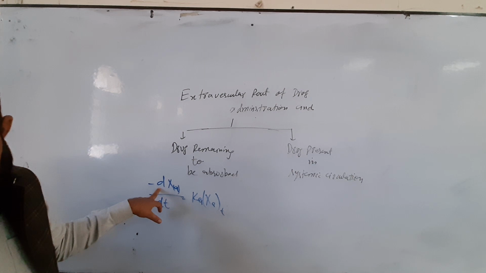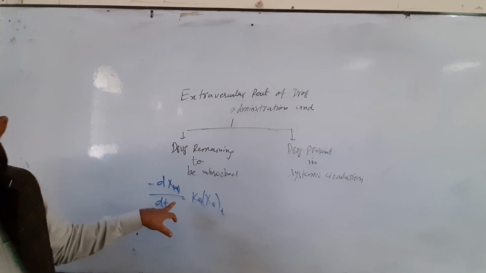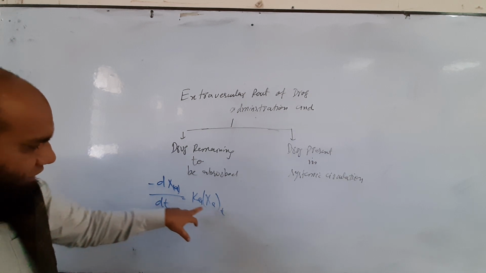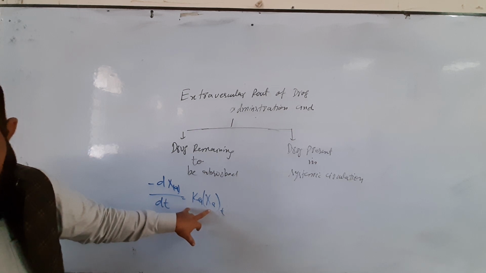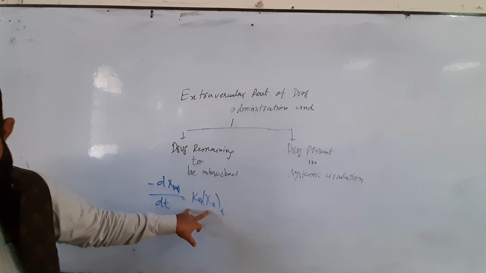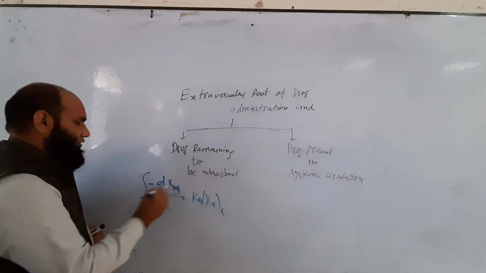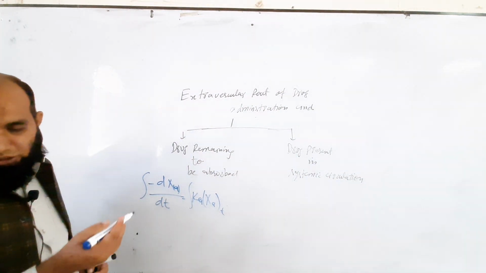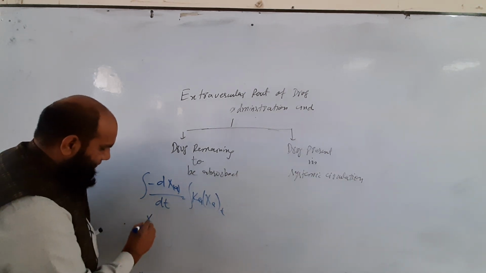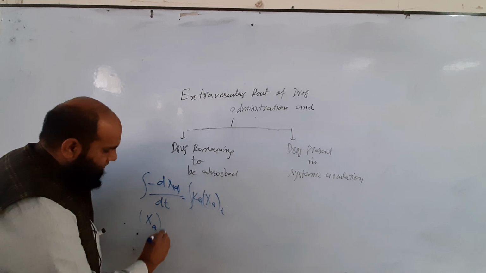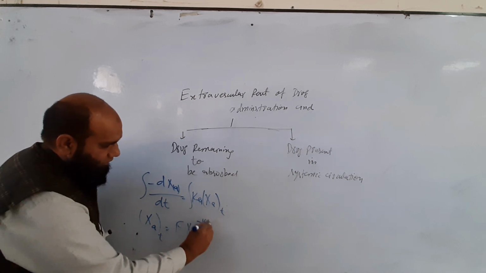And X naught, Xt is the mass of the drug, the amount of drug absorbable at the site of administration, for example the drug present in the GI tract. Okay, when we take the integration of the same equation, just like when we were getting the information in the IV injection, we will have a formula. That formula is: the amount of drug to be absorbed, Xa, is equal to F X naught e to the power minus ka t.